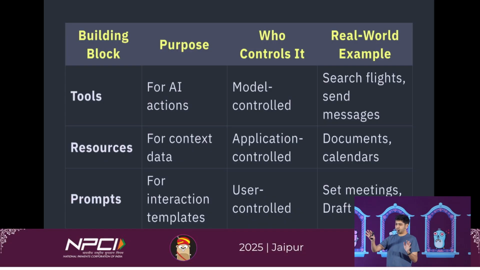And okay, so just a small comparison, what is used and when that is used. Tools are for AI actions, and the LLM decides when to use what tool. Then resources, they're just static contextual data. The client, the host, decides when a particular resource needs to be used. And prompts, well, if you use an MCP server, you can use whatever prompt you want.